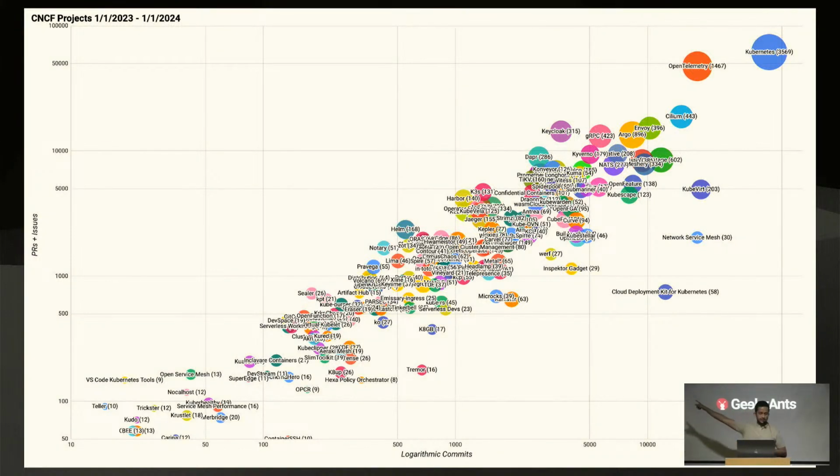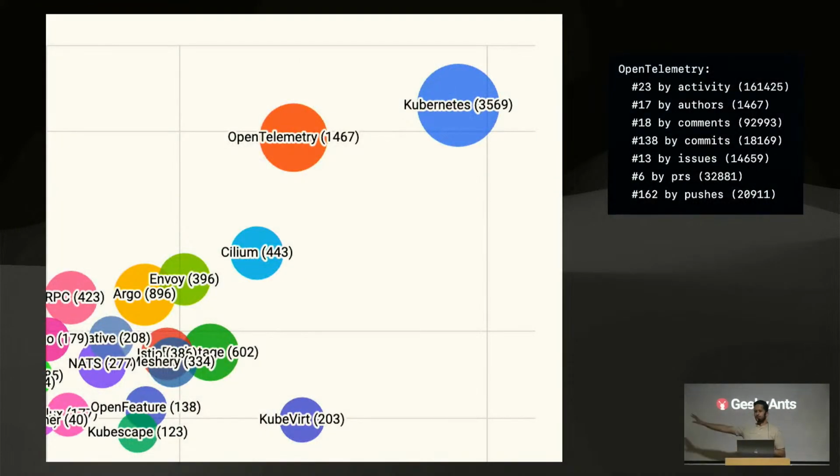I'll zoom in on this in just a second, but this graph shows along the x-axis the commits for the project, and along the y-axis a summation of PRs and issues. I'm showing you this to show that it's a serious project that's actually being adopted by fairly large tech companies. You can also see on the right-hand side, just for quick reference, the ranking it has